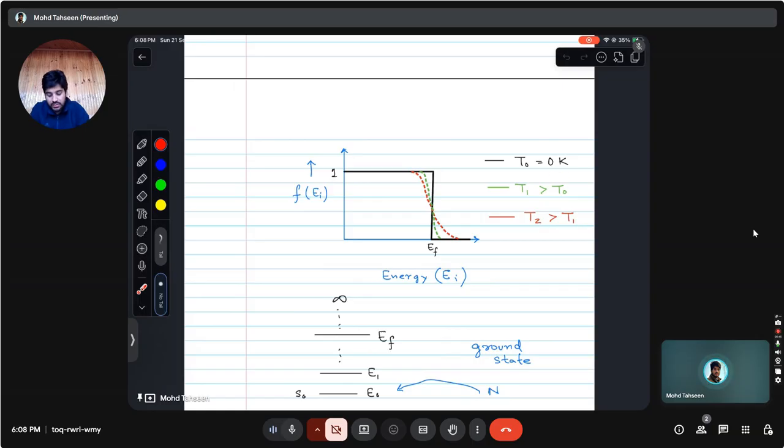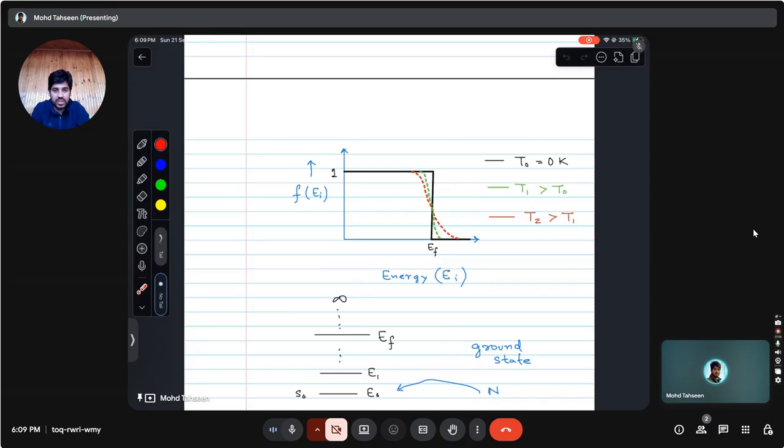At 0 Kelvin, we see that all energy levels including and lesser than the Fermi energy level EF are fully occupied. And then as the temperature increases, we see that the energy levels which are close to this Fermi level